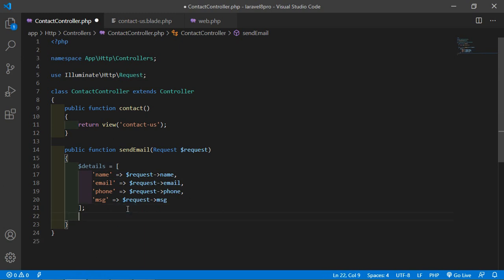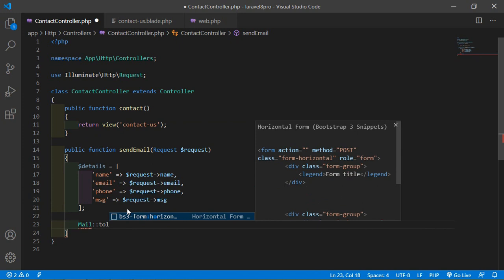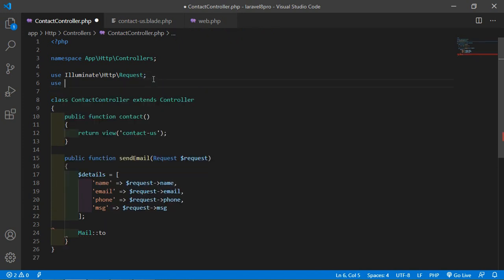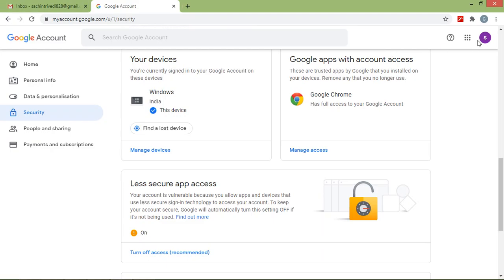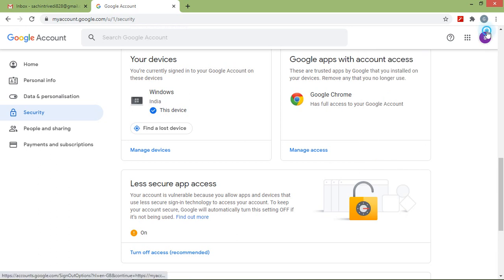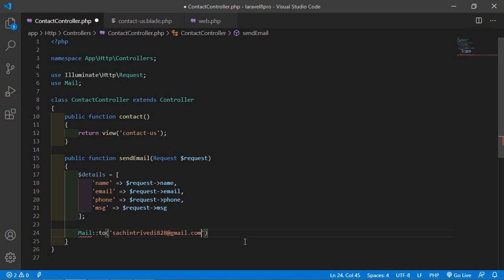Alright, now here just add Mail colon colon, and also add here the mail, so just write here use Mail. Now inside this just add here the recipient mail ID. Here I am just going to use the same email ID, so just select and copy, and inside this just paste here.